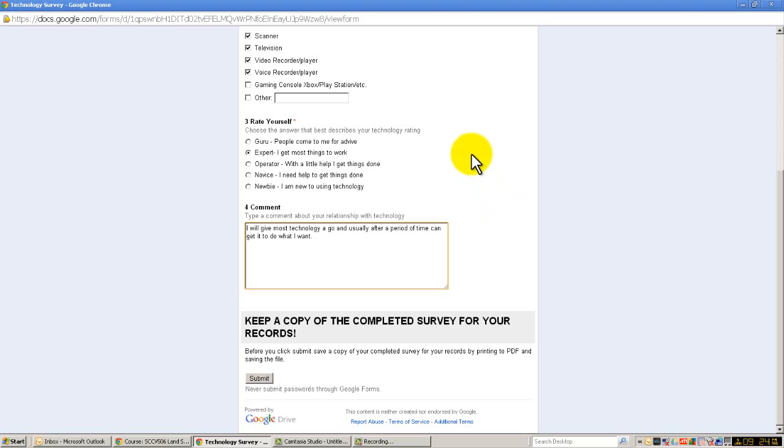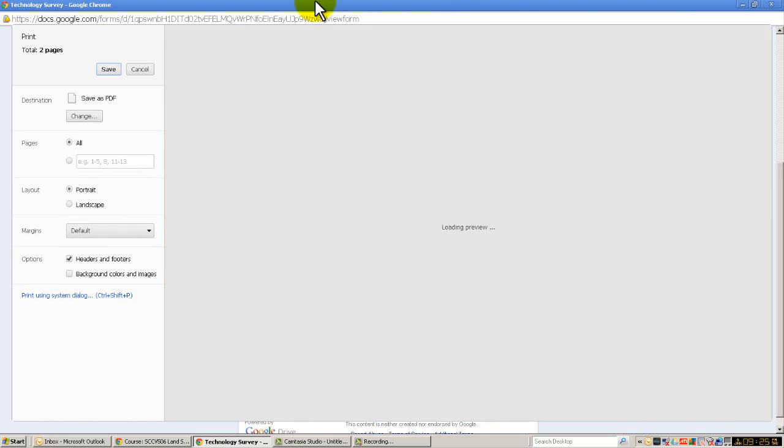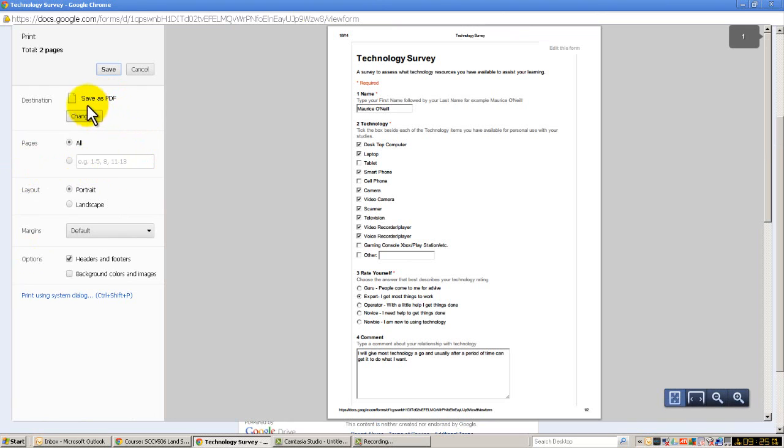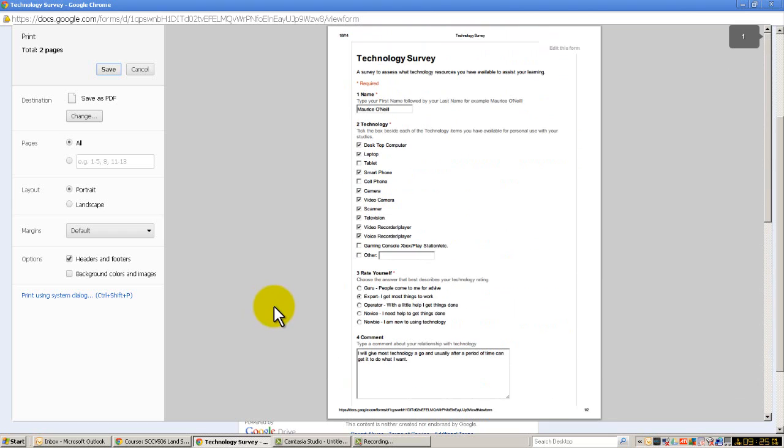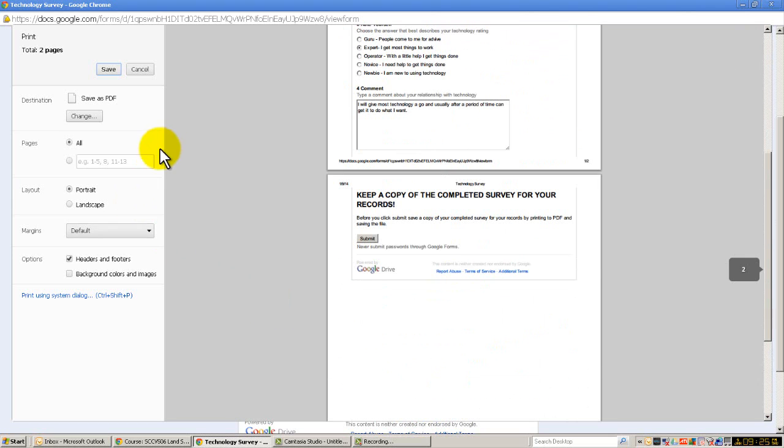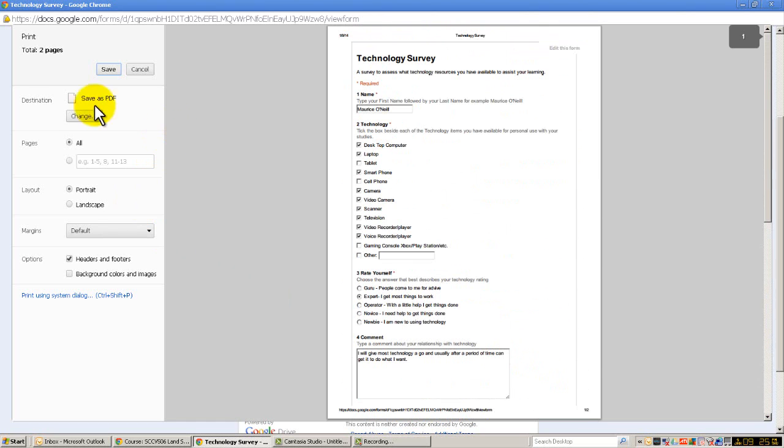Now there's a number of ways of doing this. One is we can just right click on here, and there it is, it says print, and then over here there's a preview of it. It's going to be in a couple of pages, but we haven't got too much control over that. But there's your completed survey, and we're going to make sure up in here that